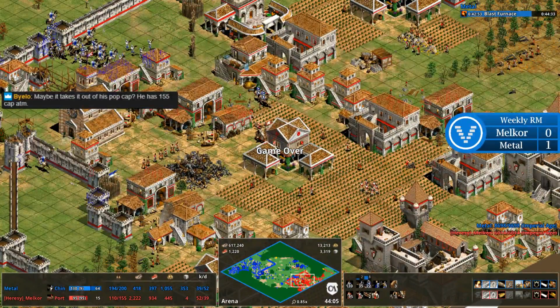No, I'm looking at the actual game. I'm looking at AOC. And Melkor does only have 155 total pop cap. He has 130 villagers according to AOC, which obviously is 40 more to the area. So CaptureAge doesn't account for